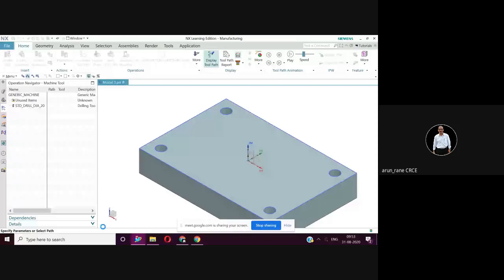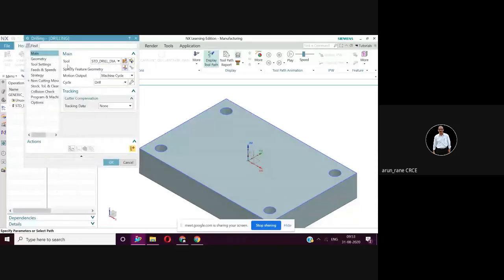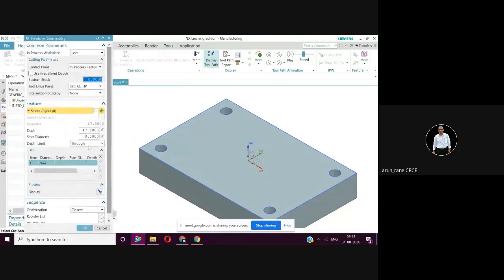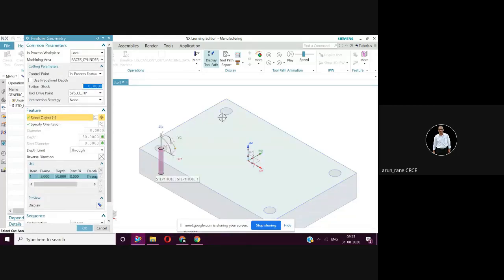Let me cancel. Again, I will show specify feature geometry. Click here. So this has been selected.